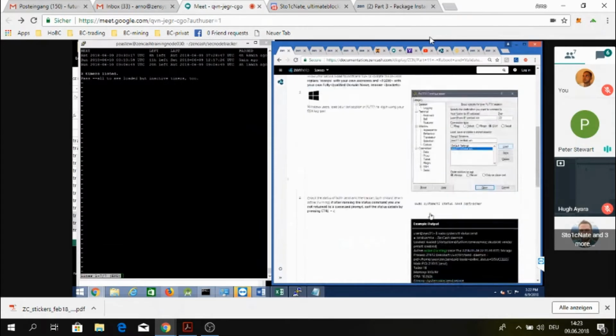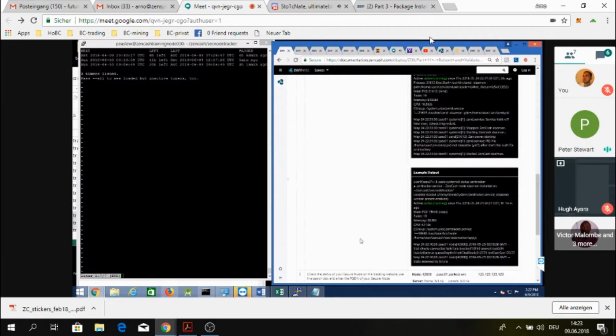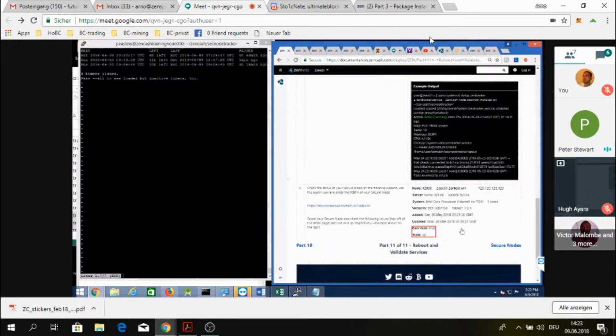And now finally what we would do is reboot the server, log back in again, and ensure that everything is still running. So that's pretty much it. That's the end of the